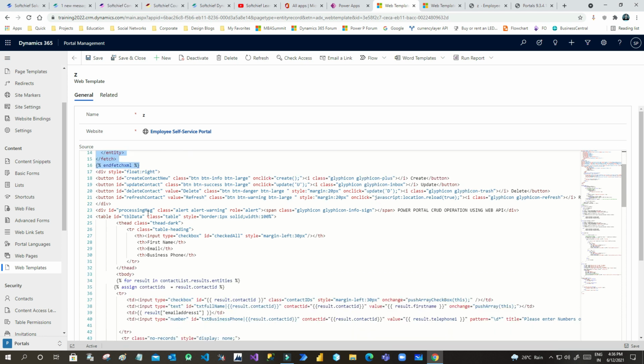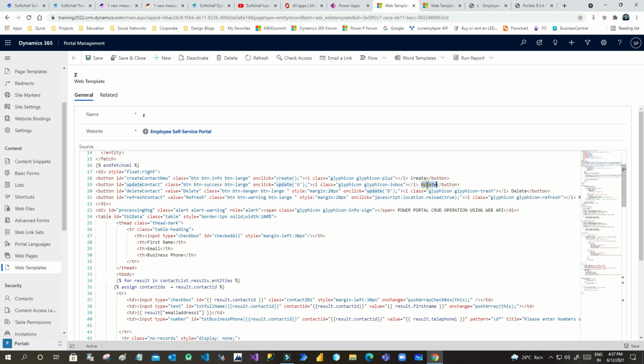Now next I have taken four buttons: one for creating a record, next updating a record, deleting a record, and refreshing the record. For the create, I am calling a method called create, which is a JavaScript function. I will tell you in the below part.